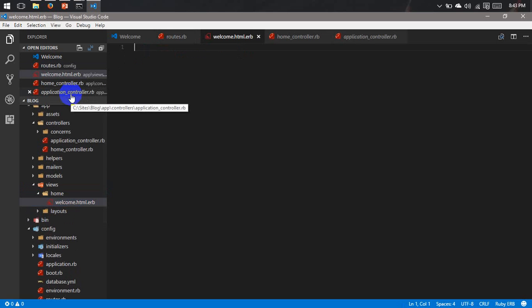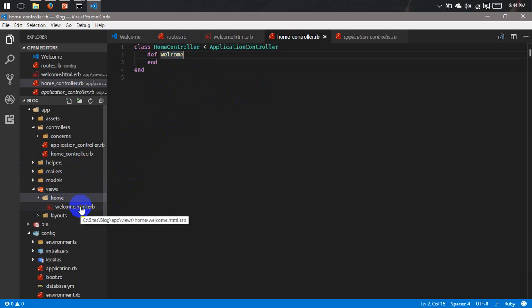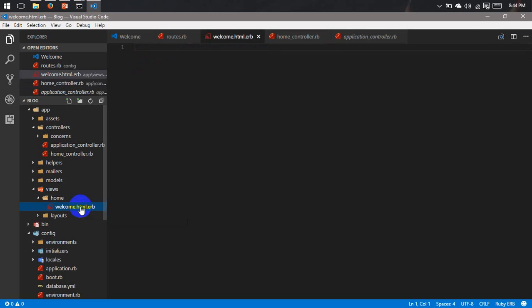So what does this ERB mean? It's nothing but embedded Ruby. It means that you can write Ruby code inside an HTML document. Okay, so now let me tell you the convention again. We have a controller called home controller. Then in the views folder you will have a folder with the same name as the controller, in our case home. And if you have a method called def welcome, the response sent back is an HTML file with the same name as the method, welcome.html.erb. So now here in the welcome file, if I type